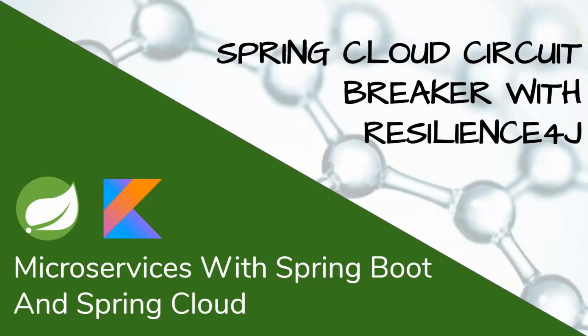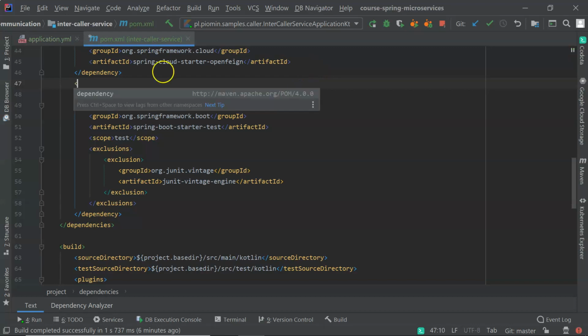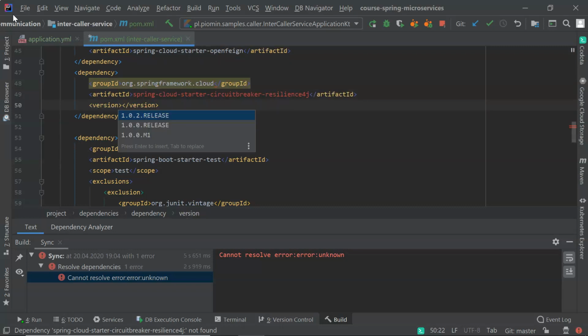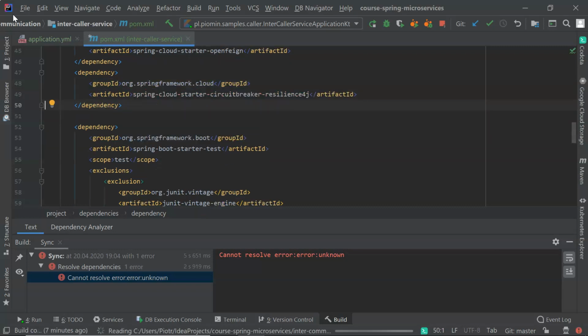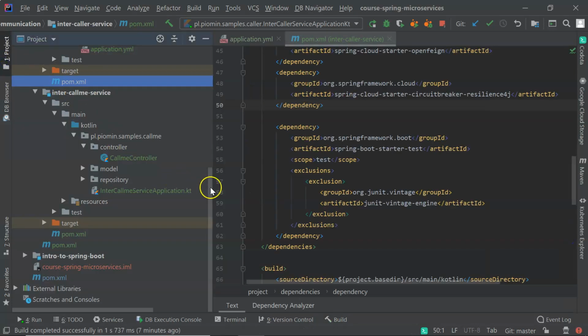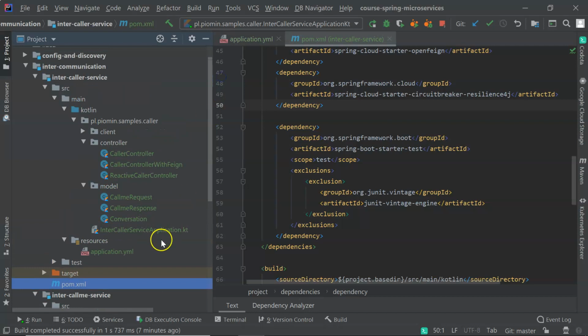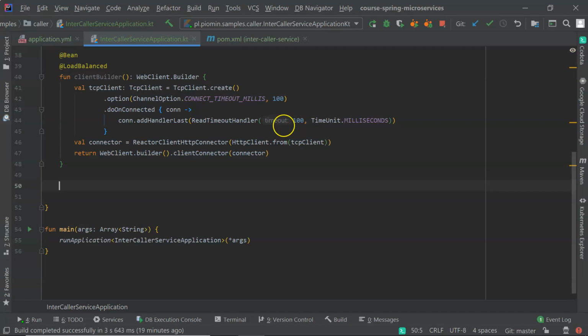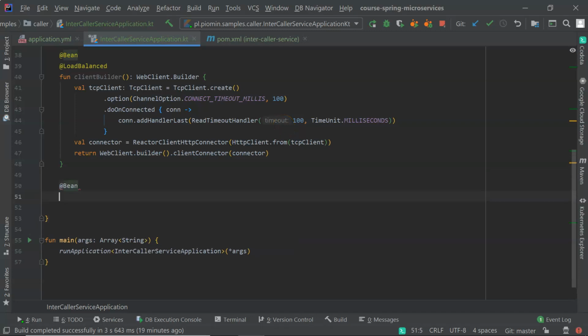The last component discussed in this part of the tutorial is Spring Cloud Circuit Breaker built on top of the Resilience4j project. The same as before, in the first step we are going to add a starter responsible for including the project that implements Circuit Breaker on Resilience4j. It is Spring Cloud Starter Circuit Breaker Resilience4j. We don't have to enable anything in annotations, so we may proceed to defining a bean responsible for configuration of